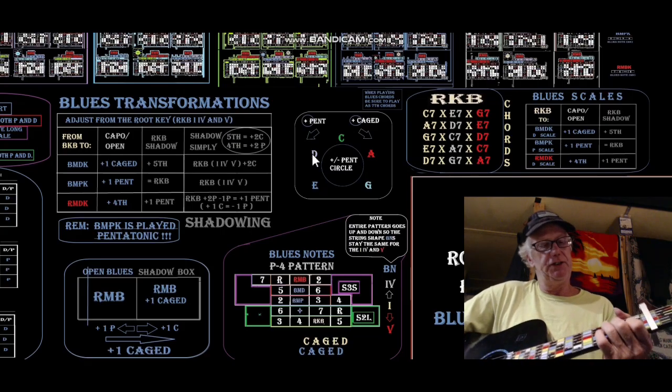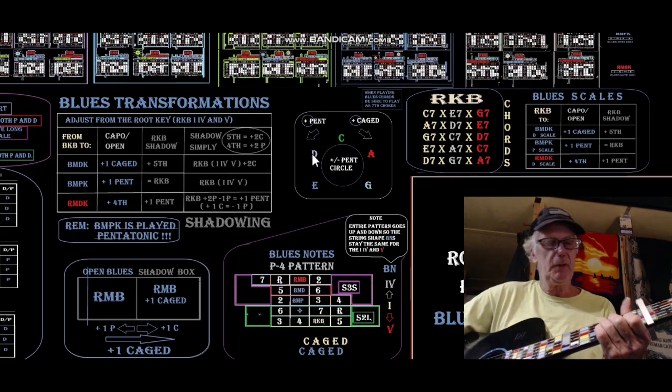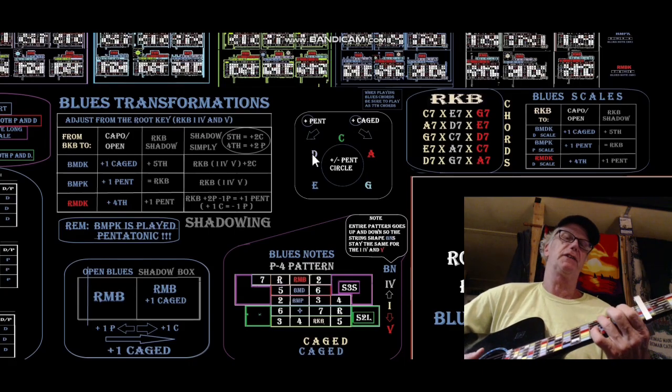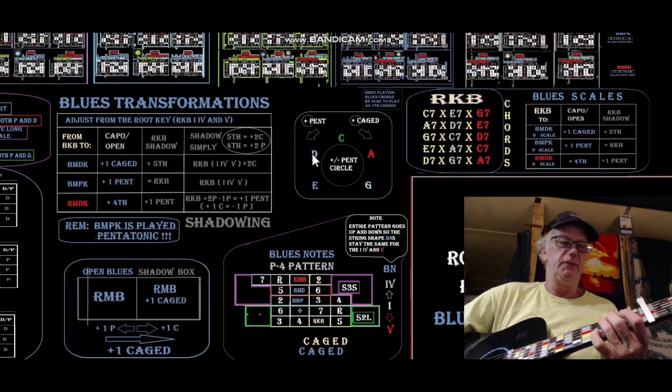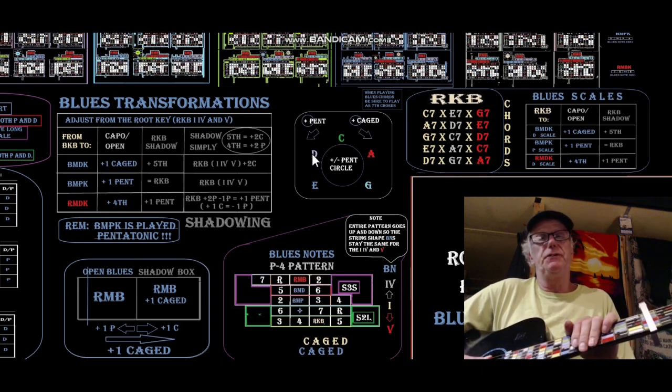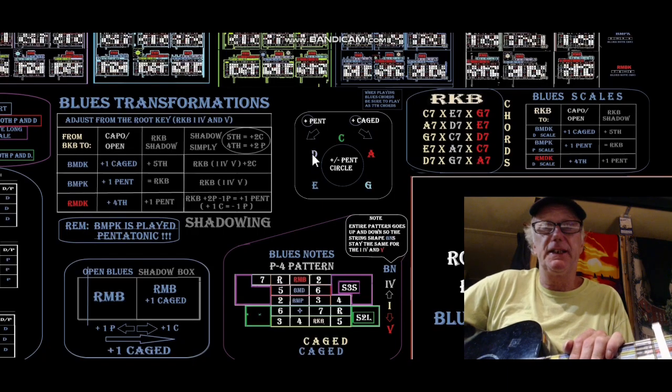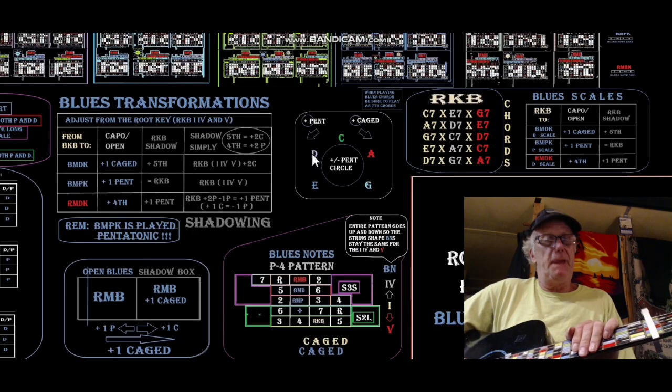Now you know in the C shape, that blues note, the 4, 5, 6, is right there because you go 3, 4, blues 5. So if we went to the magic diatonic key, okay, that would be a head one